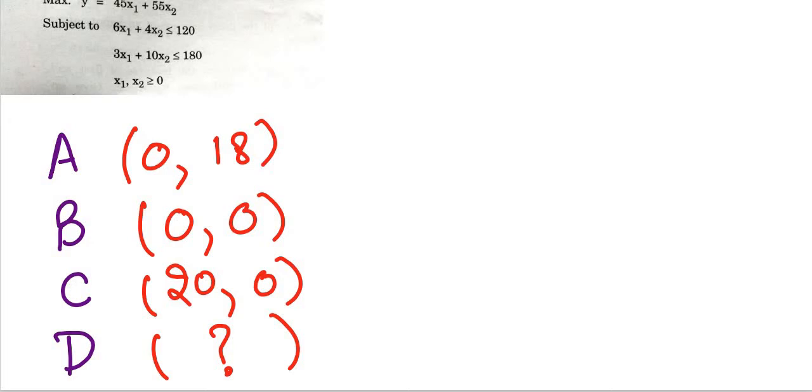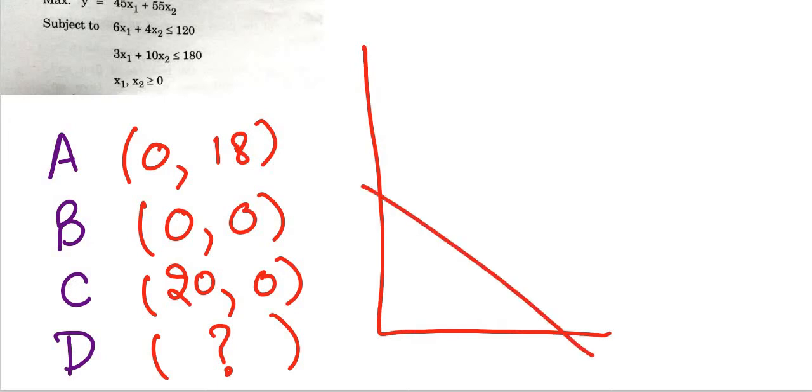So guys, as we can see, point D is the intersection of 2 lines, like we have drawn the graph like this, and here we have to find this point. This is the intersection of both the lines. So to get this point we have to solve both the equations. We can use any method like substitution method, elimination method. We can use any of the above. So let's proceed fastly.